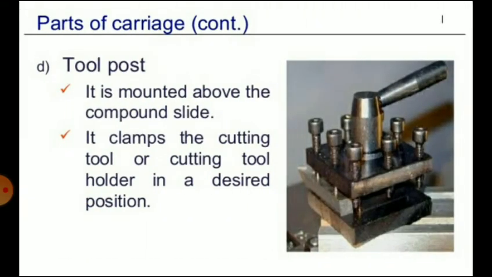Then the next part, that is the tool post. The tool post is mounted on the compound rest or compound slide and slides in T-slots. The cutting tool or cutting tool holder is firmly held in it. The tool can be swiveled as well as tilted by means of a rocker and a concave ring collar. So this is a mechanism that is used for swiveling the tool. The tool post is used to hold the cutting tool. You can see in the diagram the cutting tool that is fixed inside the tool post. There are a number of bolts that are used to tighten the cutting tool.